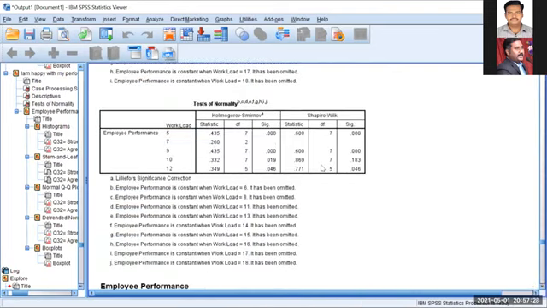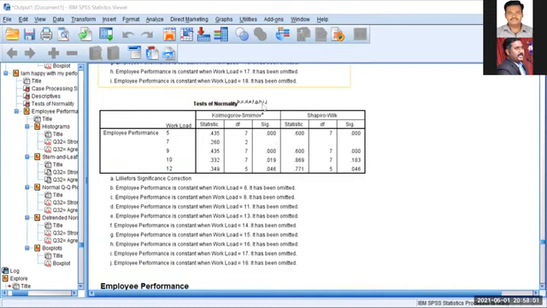And this is the normality test. See the normality test. This is called the Kolmogorov-Smirnov test. See 0.00, 0.00, 0.19, 0.46. Okay, so here there are some values, these two values are less than 0.05. And all the values are less than 0.05, right? So if it is less than 0.05, that means what? Normality is there. That means there is a normal distribution of the data.